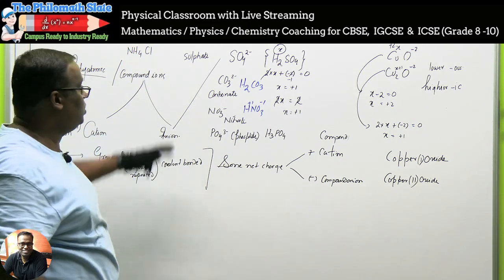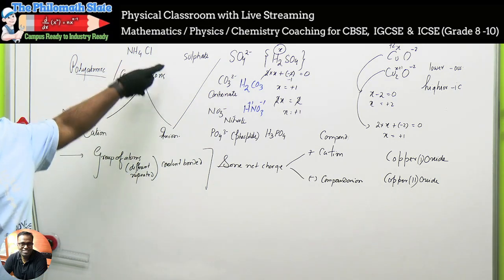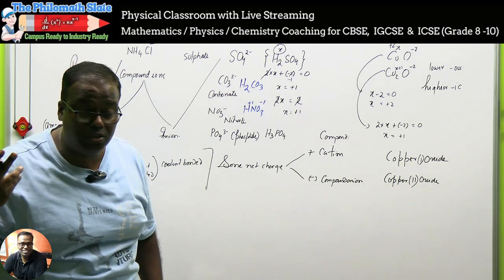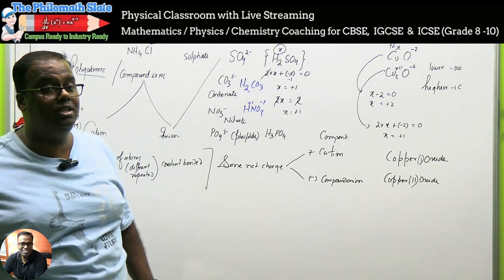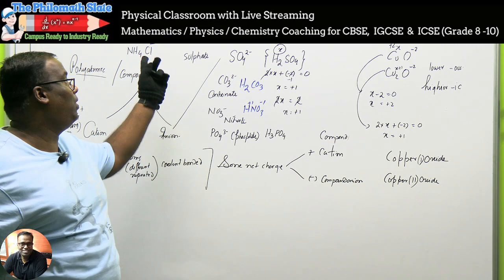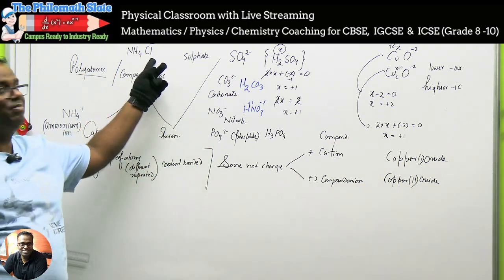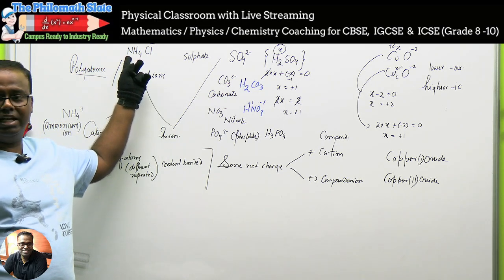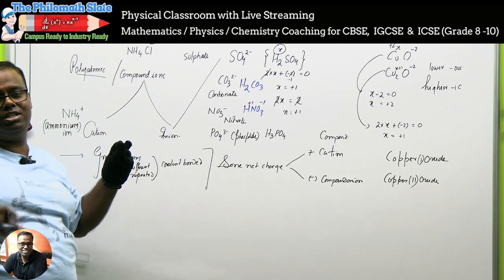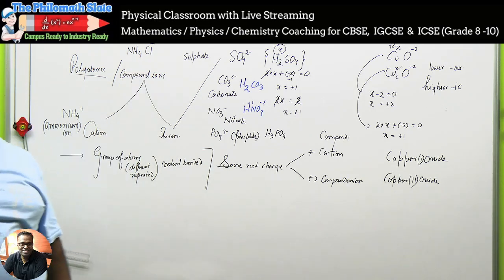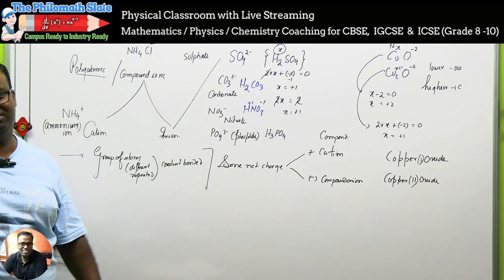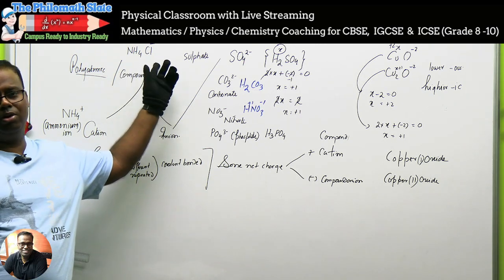NH4Cl. You know the simple ion of Cl? What is the simple ion of Cl named as? Chloride. No, not chlorine, chloride. Chlorine is the name of the atom. We did this so much. Fluorine, fluoride, chlorine, chloride. And this is what? The cation. What is the name of the cation? Ammonium. The cation does not change its name. So what will the name of this compound be? Ammonium chloride. And speak it loudly.